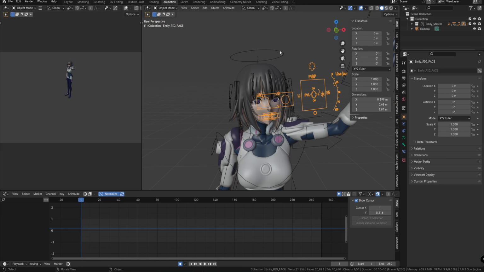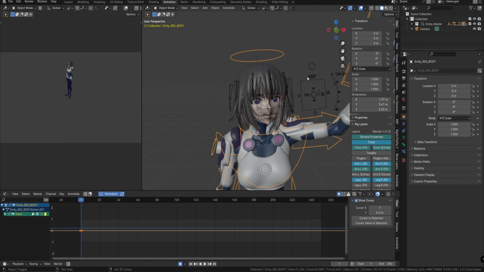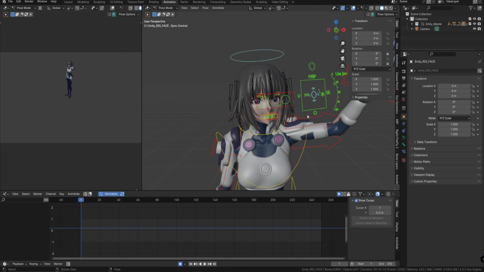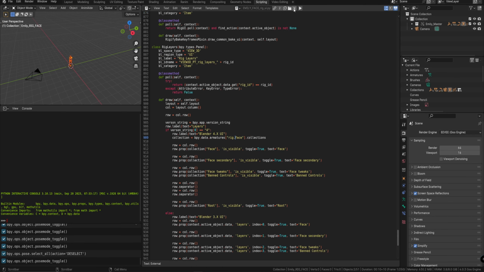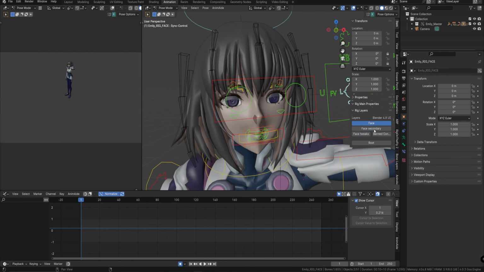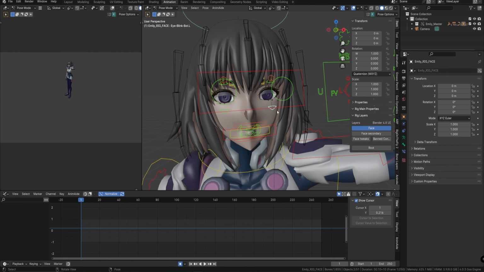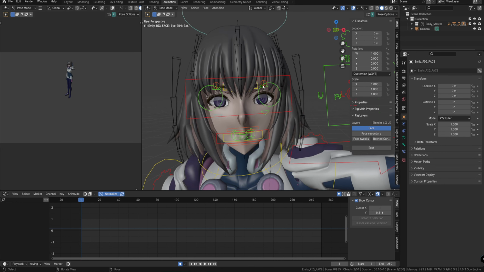If you have multiple skeletons like this character, you can just go to object mode, which is Control Tab, and select both skeletons and hit Control Tab again, and both will be in pose mode. I need the face rig operator to see her face controls. If I wanted to pose her face,